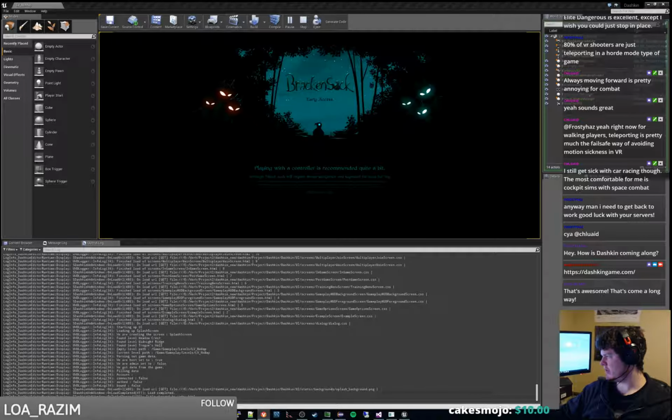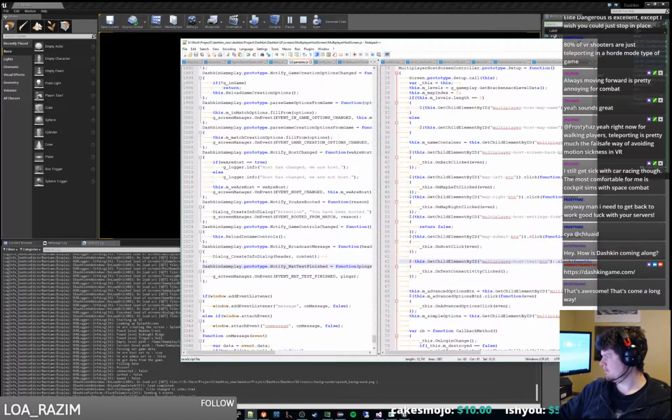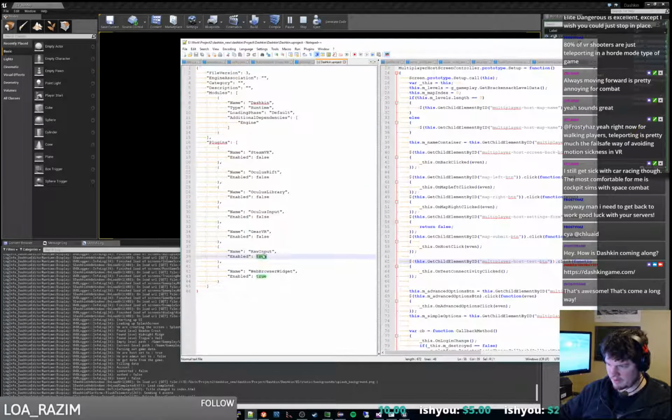So the things to check would be the project file, because the project file right now has raw input enabled. So raw input is the thing that you're having trouble with, the raw input plugin. Linker error there means